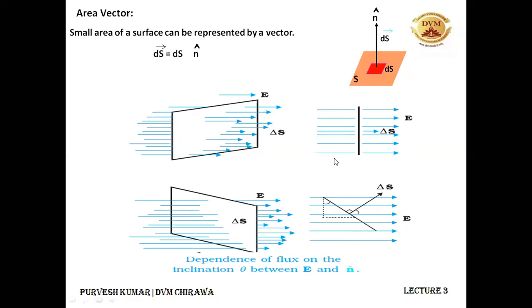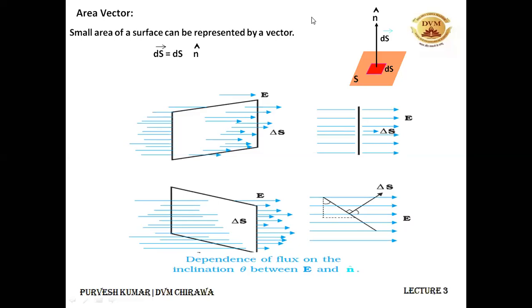The sunlight which was earlier passing, this line was earlier passing, but in this case, when I've tilted it up, this line is not passing through it. It means that the orientation of this surface defines how much sunlight, or how many electric field lines, can be passing through it. When it is placed over here, the area vector will be perpendicular to it. See, this is the perpendicular part. Area vector is perpendicular to this thing. All right. And when I have tilted it in this direction, then the area vector comes out like this. It is always perpendicular to the surface. Draw a perpendicular to the surface, and you will get the area vector.